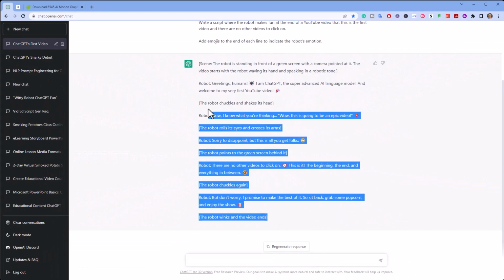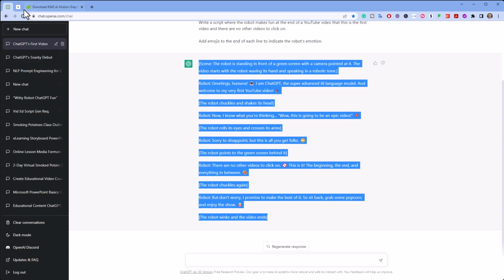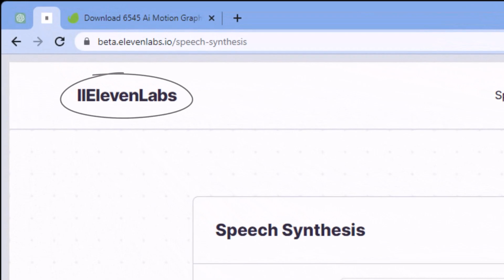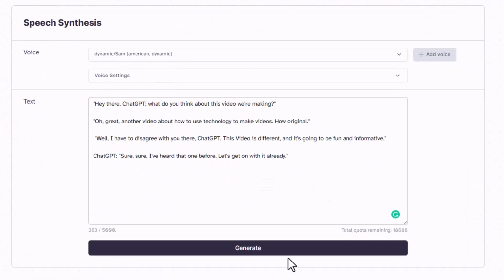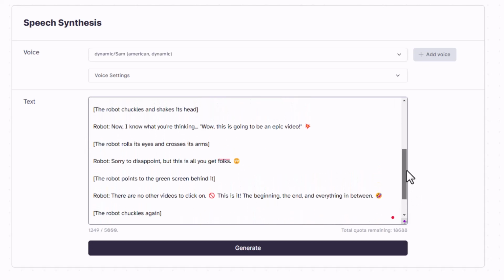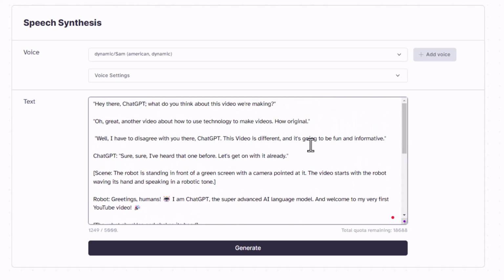Now, once I have this script, I'm going to simply go ahead and just copy the script as it is. Going to jump over to 11 Labs. Fantastic AI audio generator, just from your text. Now, I already have some text in here that represents the beginning of the video. I'm now going to just simply paste the rest of that script in here. What I'm going to do is go ahead and just do a little bit of cleanup, and I'll probably end up speeding this along, and I will see you on the other side of that cleanup.